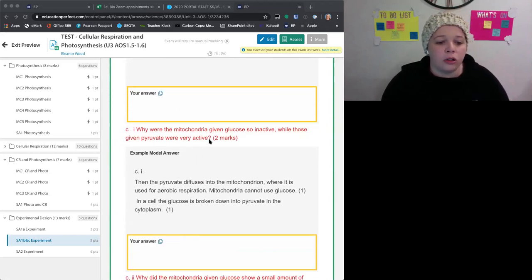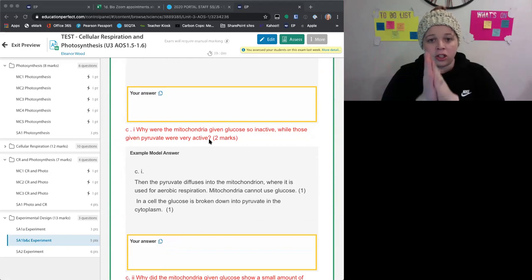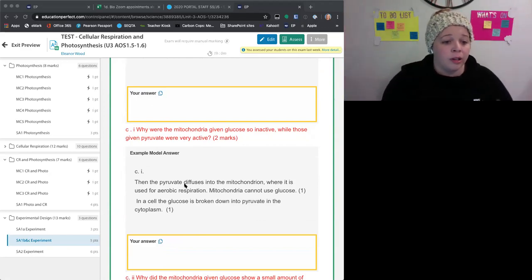Now here we had a 2-mark question. Why were the mitochondria given glucose so inactive while those given pyruvate so very active? So 2 parts, 2 dot points, split your question. You could even split it with a table. And let's go here. So the first one,